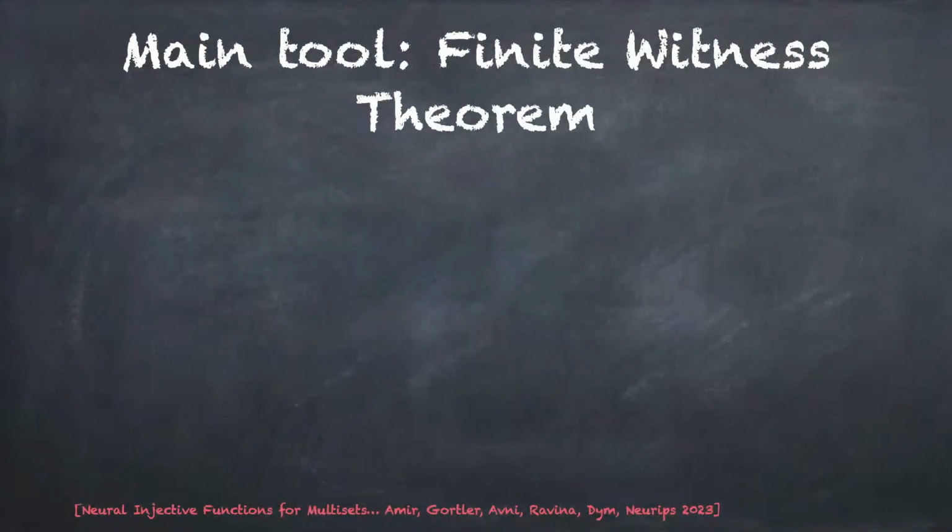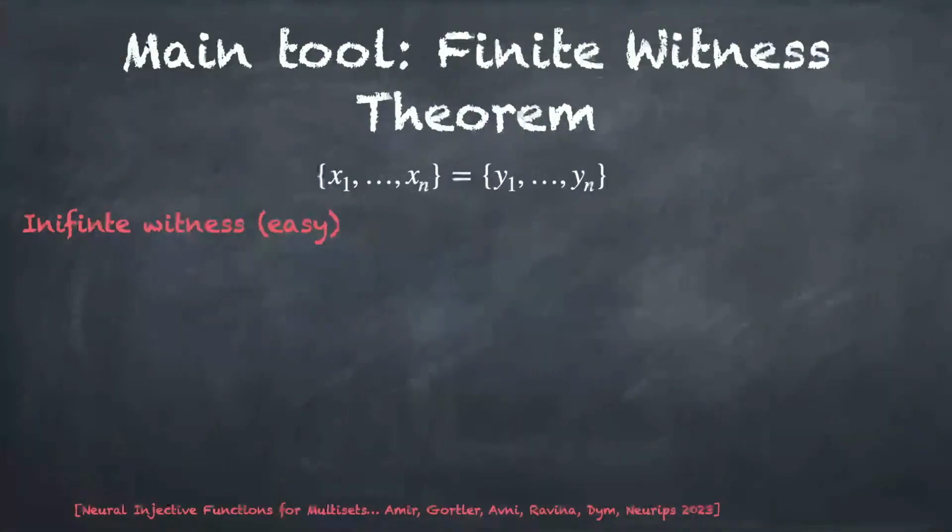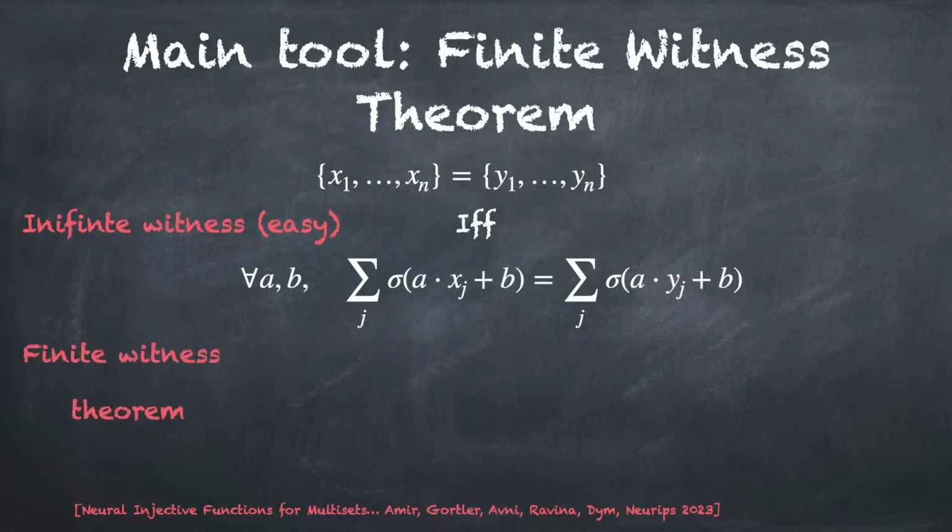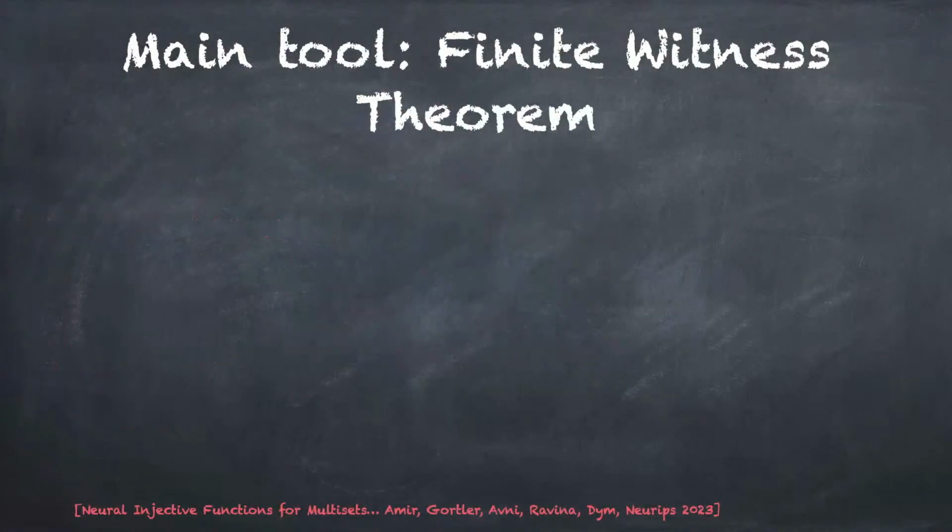Okay. The main tool, I'm going to talk a little bit about how this is proven. It's called a finite witness theorem, a theorem and terminology we invented. Okay, so the idea is there are two steps. The first is, let's call it the infinite witnesses. And this is generally easy. So the argument here is that if you want to check whether two multisets are equal, you can do this by,